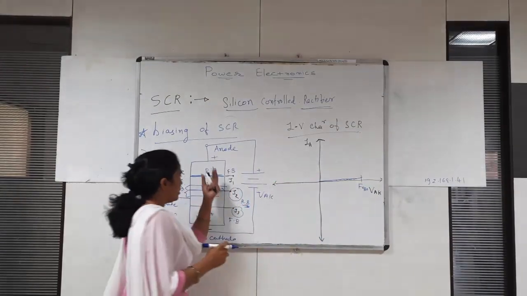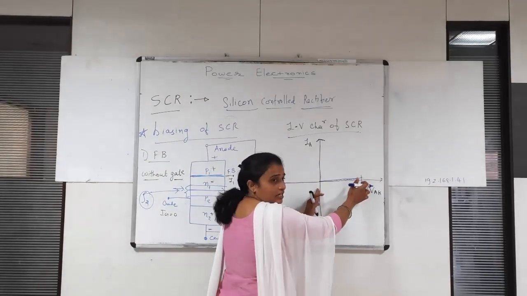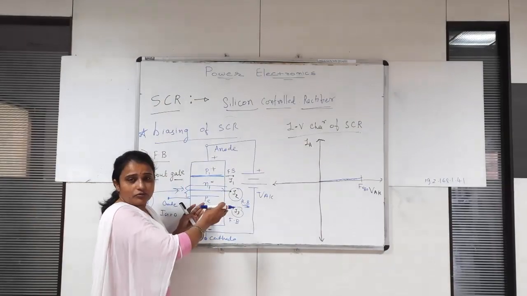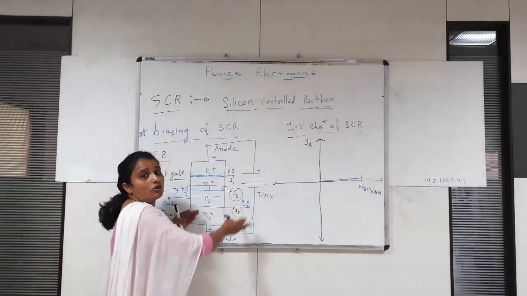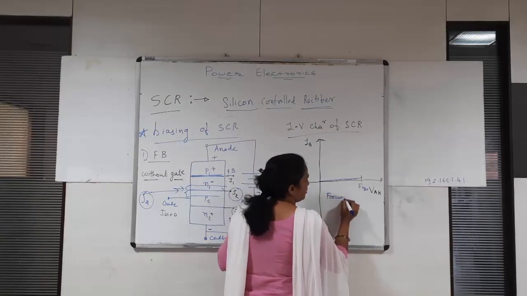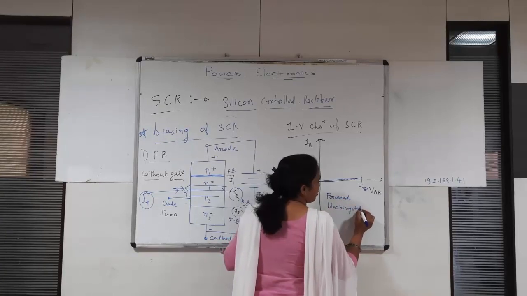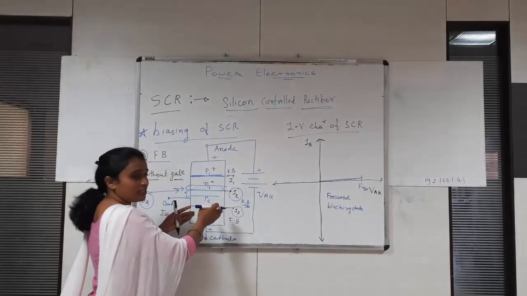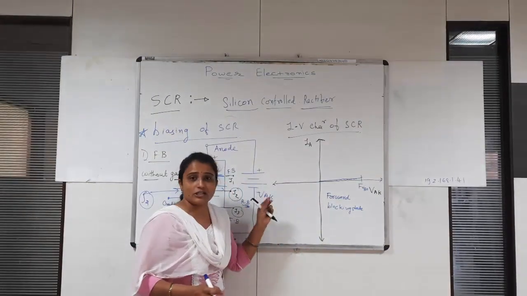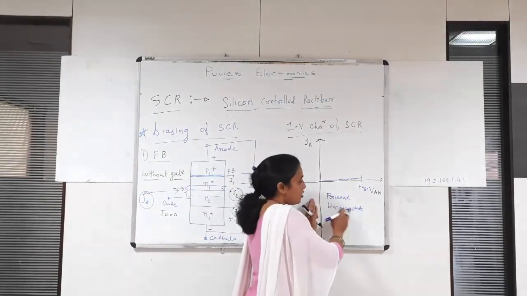Okay, and a large amount of current is flowing through the SCR. So up till now a very small current is flowing, but this amount of current is not the amount that turns on the SCR. So this stage is known as the forward blocking stage. Why? Because in this stage current is flowing, but the certain amount of current which turns on the SCR is not flowing. So this stage is known as the forward blocking stage.